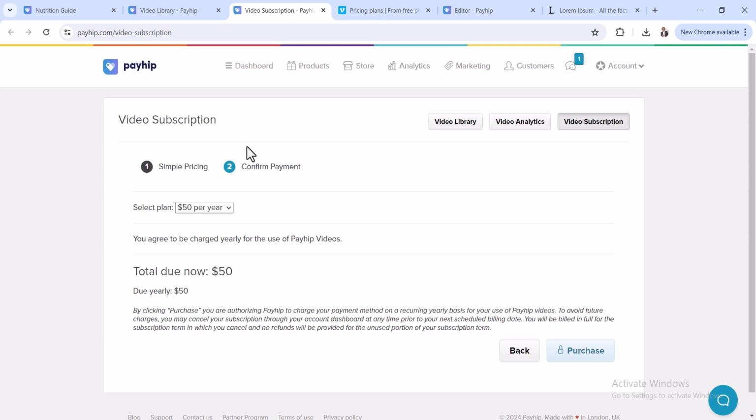Now the advantage of using the Payhip video platform is that you have access to more robust video analytics. You get to see how your users are actually interacting with your videos, and the fact that it is